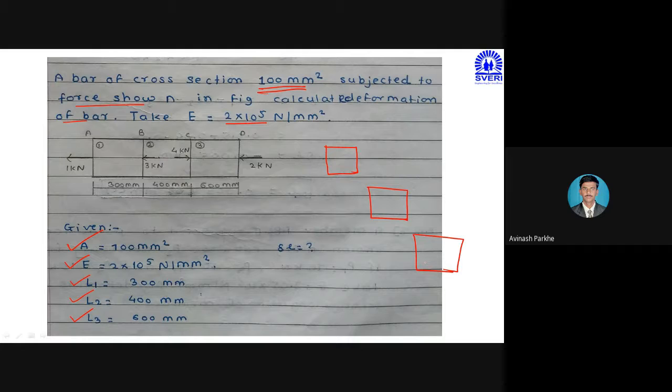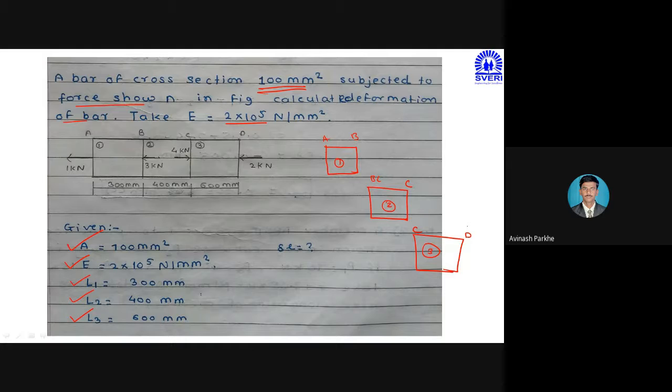If you are calculating P1, P2, P3, immediately draw the figures as I have drawn on the screen. You have to draw section 1, section 2 and section 3, meaning AB, BC and CD. Take the direction of section 1 as it is, and the direction and magnitude of section number 3.